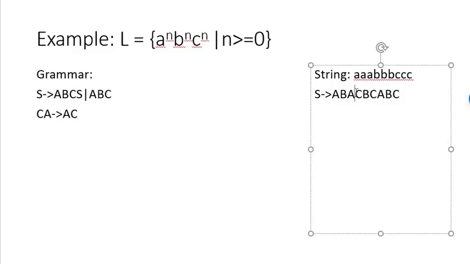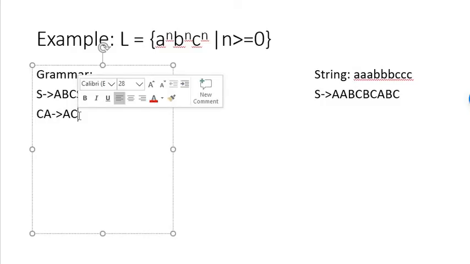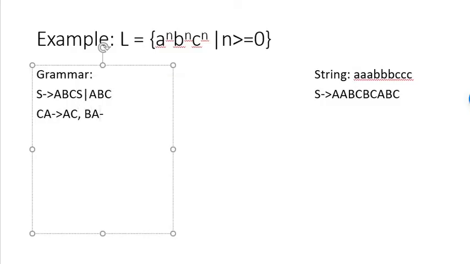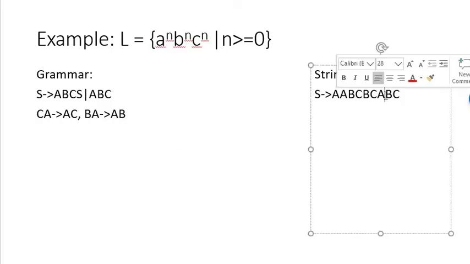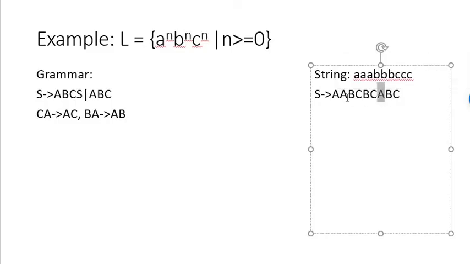अब ये है BA, तो इस A को मुझे इसके साथ लाने के लिए क्या करना पड़ेगा? Of course again I have to swap, तो ये BA will be swapped and it will become AB। So I will write AB here। So I have to add that production also, that BA will be swapped and it should become AB। तो ये दो A साथ में आ गए।